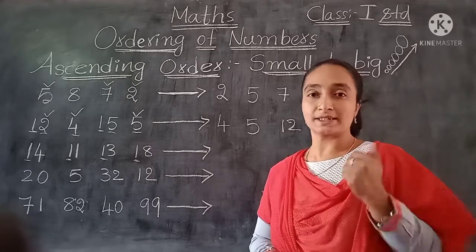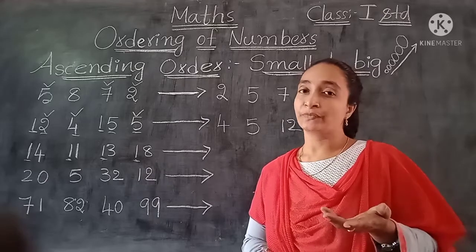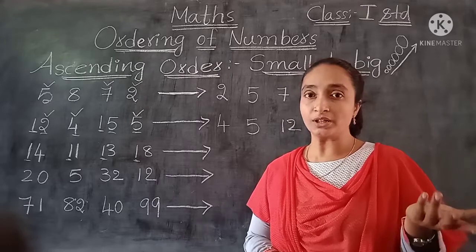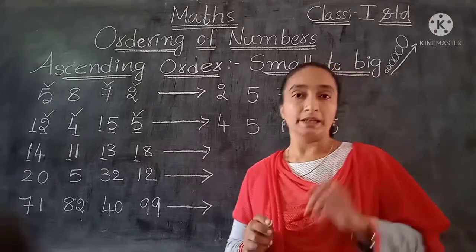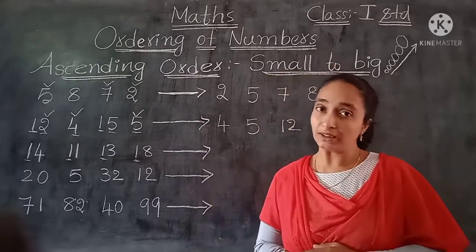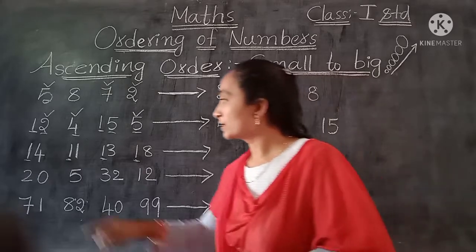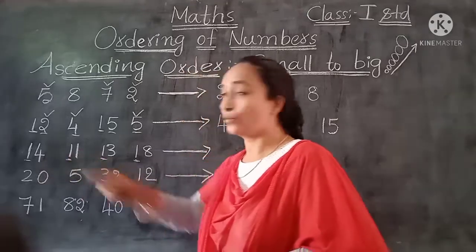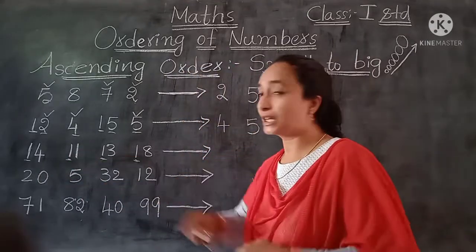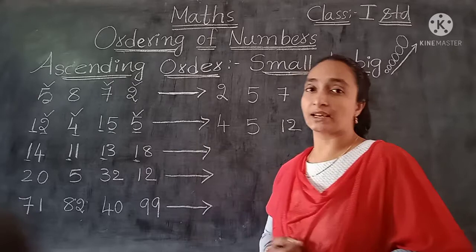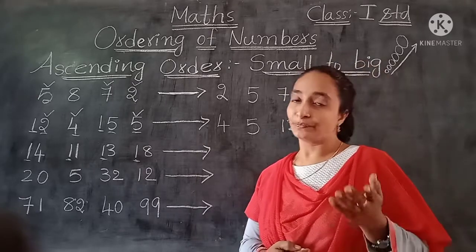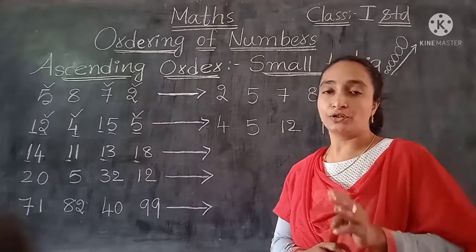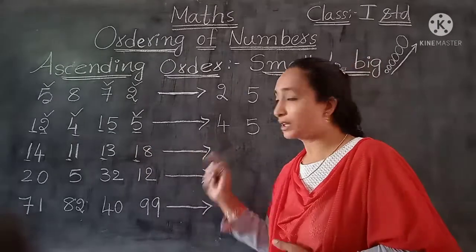So again, next step, what we have to do? Yes, if all the tens are the same, then we have to go to the ones place. In the ones place, definitely there will be variation. So coming to the ones place, see, 4 ones are there, 1 one is there, 3 ones are there, 8 ones are there. Now is there no difference? Yes. Now easily we can find out: 4, 1, 3, 8.